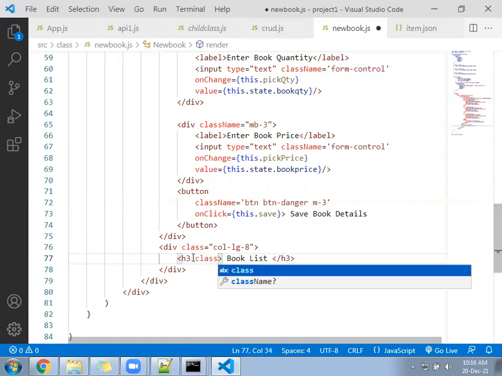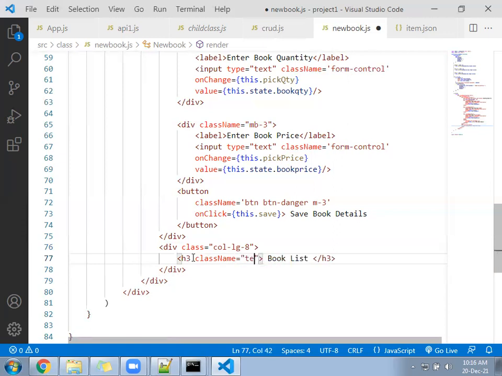Class name equal to text-center, text-info.